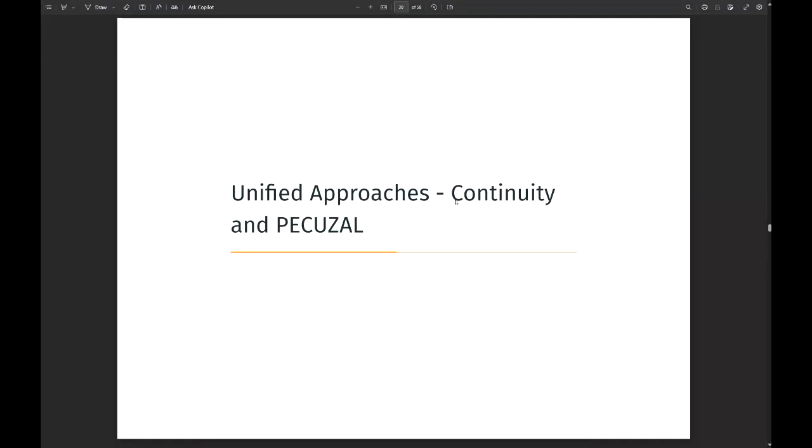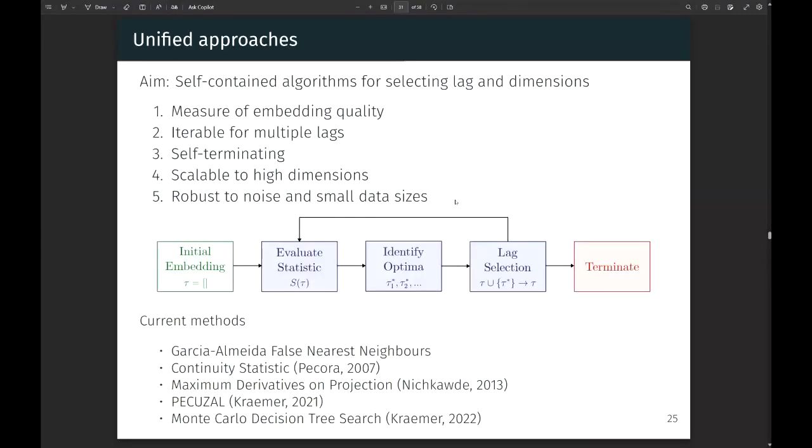And I'm going to take this time to just go back to what I said about Pecuzal. Specifically one component of the Pecuzal algorithm, which is the continuity statistic method. This basically comes from a family of embedding methods called the unified optimal embedding approaches.